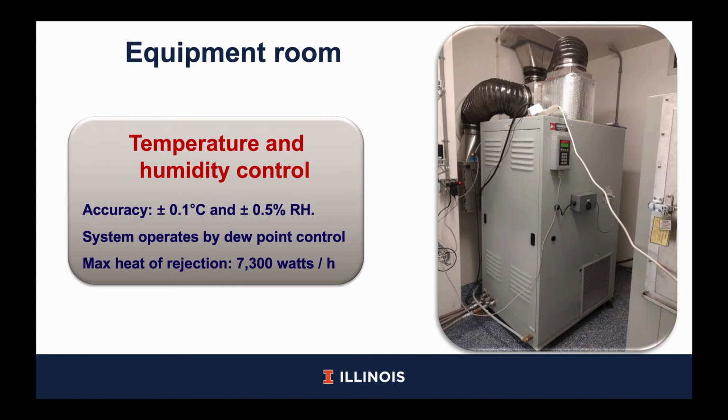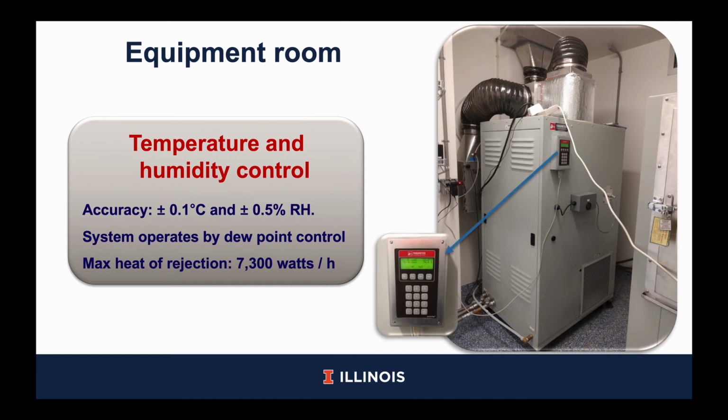The second equipment that could be described is the temperature and humidity control system. This system controls these two environmental conditions with high accuracy because it's needed to avoid the animals using energy for thermoregulation. This equipment could be controlled locally by the use of this pad or also remotely using the master computer in the computer room.